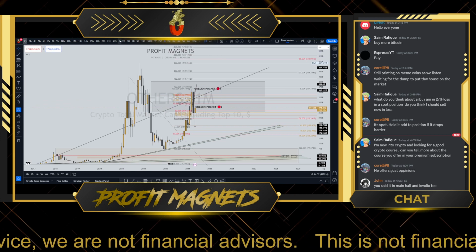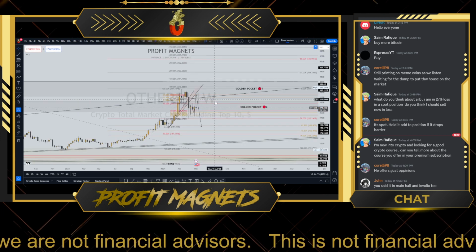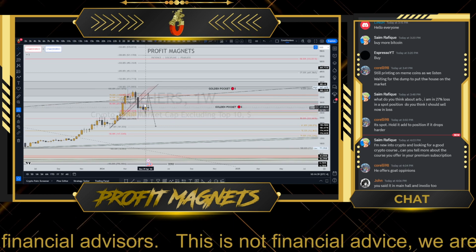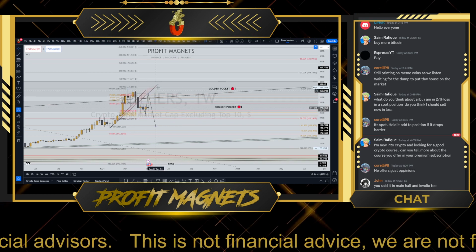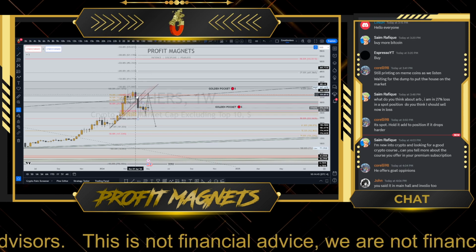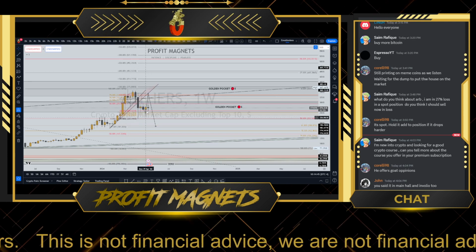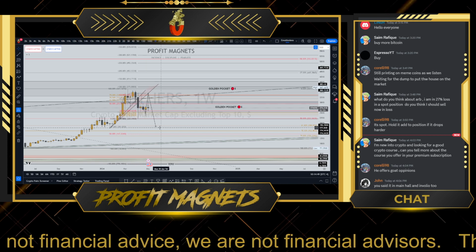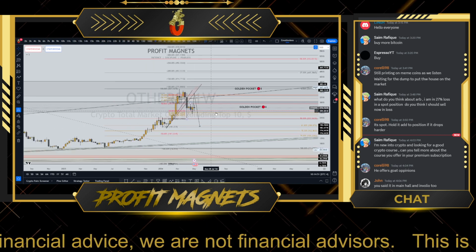Again, I'd like to stick on the higher time frames for this analysis. Sure, we have a broken trend line over here. You can see that we've broken it without a retest. A retest will not be anything major. It will be, as a matter of fact, a return inside of this bearish Fibonacci. The golden pocket pretty much aligns with the broken trend line, and we can then potentially start to expect lower.